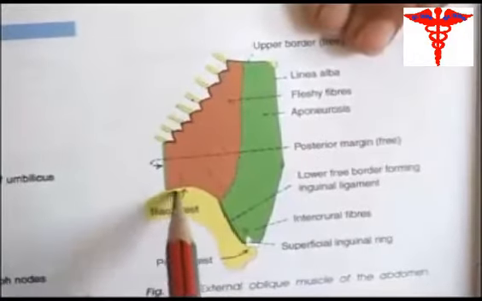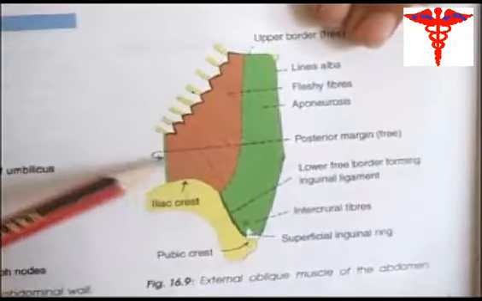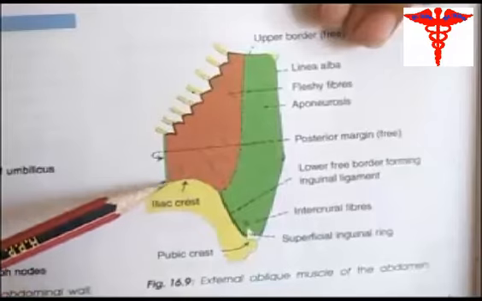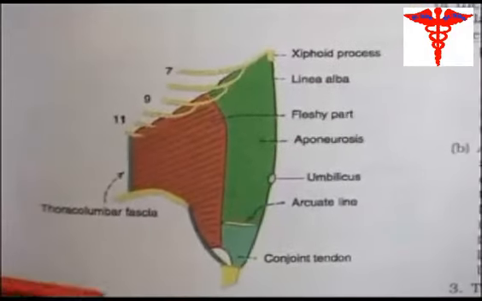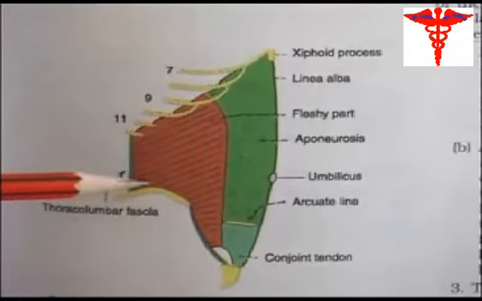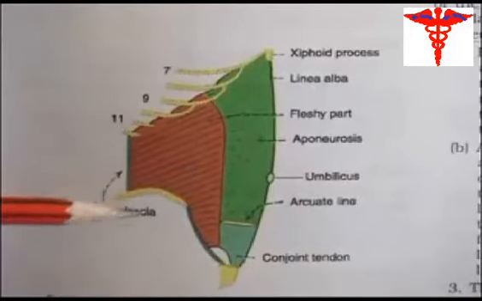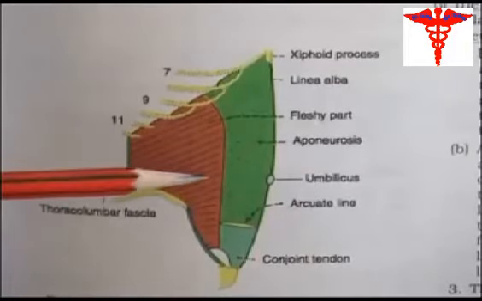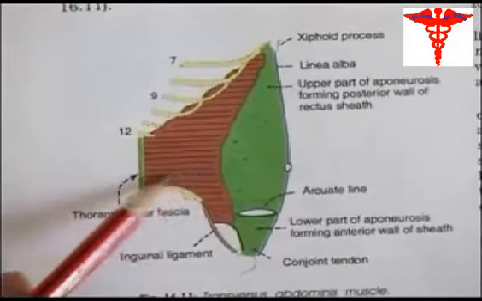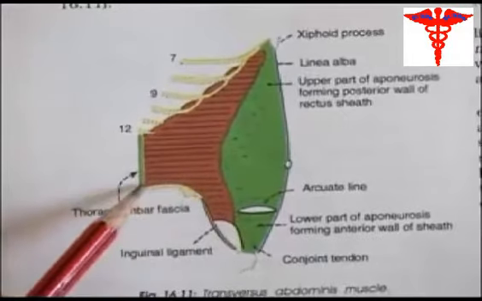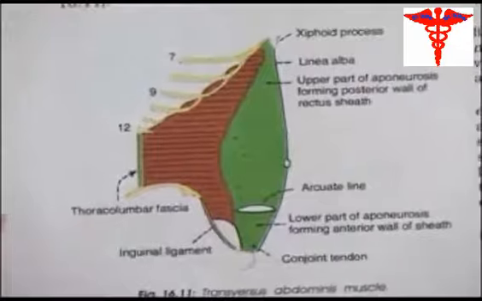The outer lip also gives insertion to external oblique in the anterior 2/3 of the outer lip of the ventral segment. The intermediate area of the ventral segment of the iliac crest gives origin to internal oblique in the anterior 2/3. The inner lip gives origin to transversus abdominis in the anterior 2/3. Even fascia transversalis is attached all along the length.